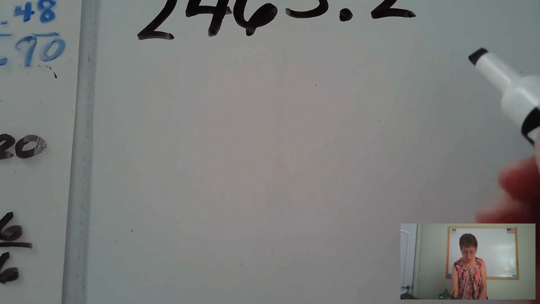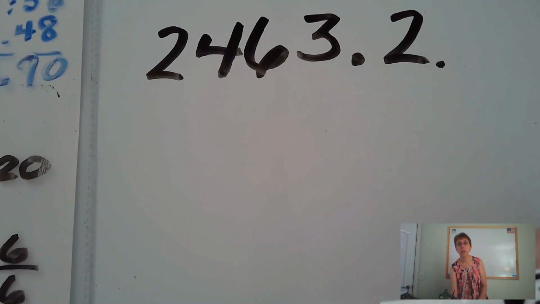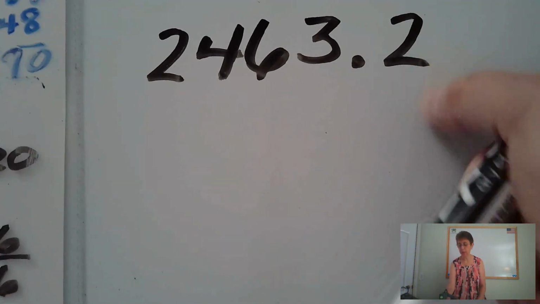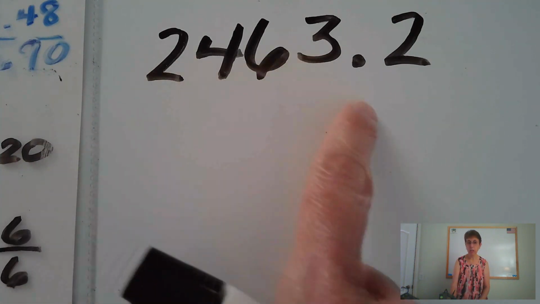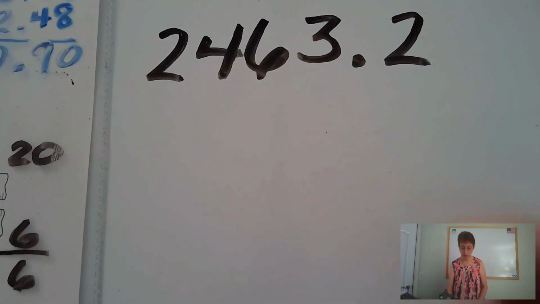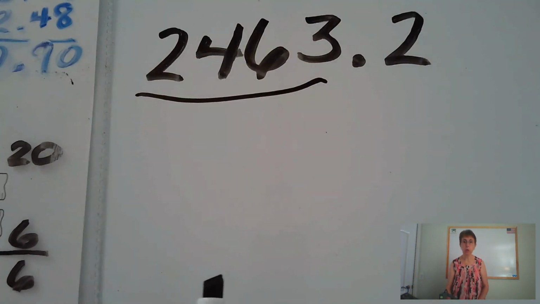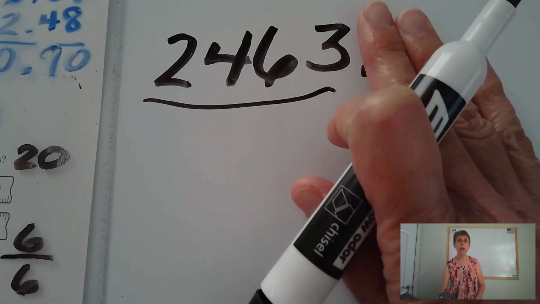And don't forget that what you see after the 2 in this one is simply the period at the end of the sentence. So you have 2, 4, 6, 3, you have a decimal point and 2. Remember, to the left of the decimal point is your whole number, so you would read that the way you normally would read that 4-digit number, and that is